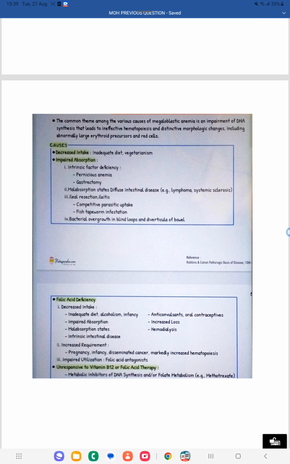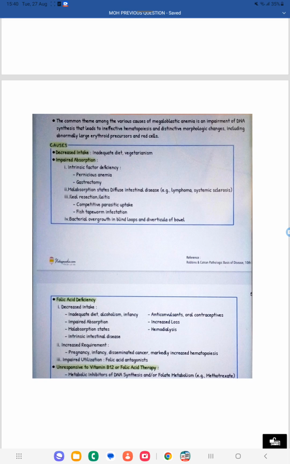So intrinsic factor is produced by the parietal cells in the stomach. If you have a problem in the stomach, so that intrinsic factor is not produced, then vitamin B12 absorption will not happen. So intrinsic factor deficiency can lead to vitamin B12 deficiency. Like pernicious anemia, gastrectomy: in all these conditions there is a defect in the parietal cells, and because of that you get intrinsic factor deficiency, and because of that you can get vitamin B12 deficiency